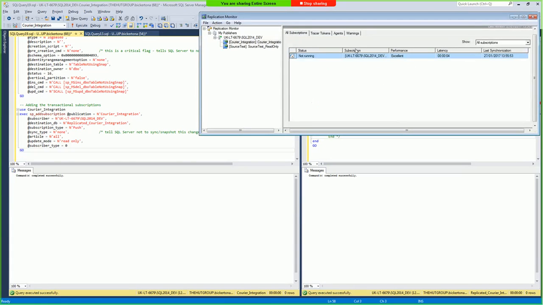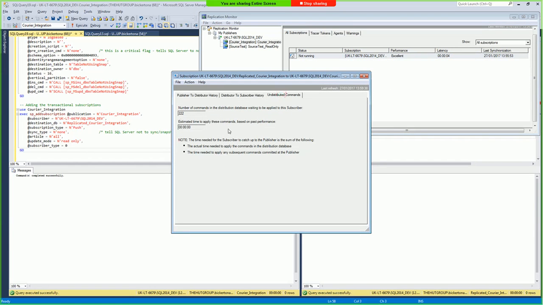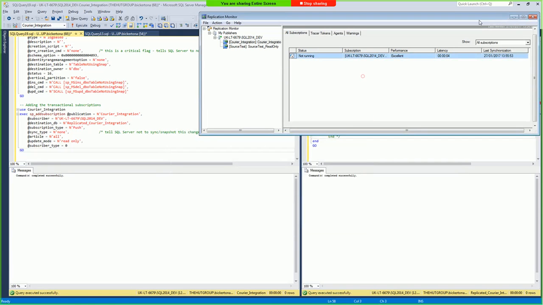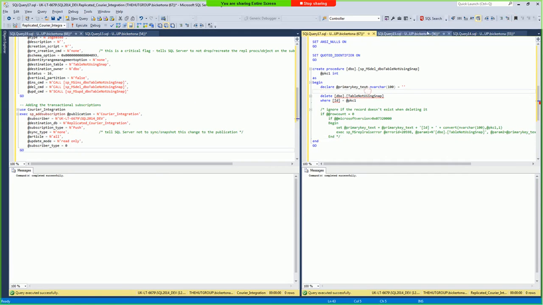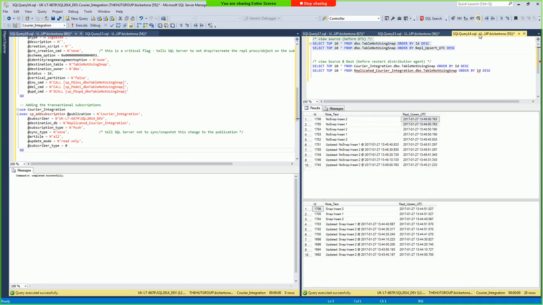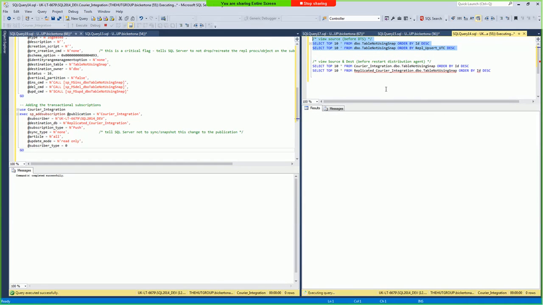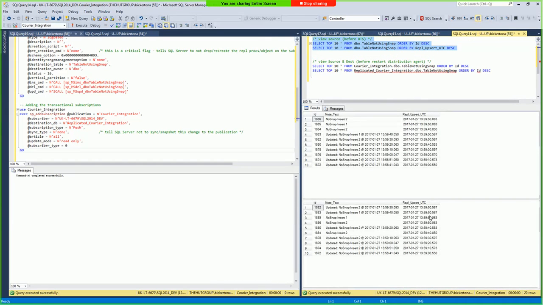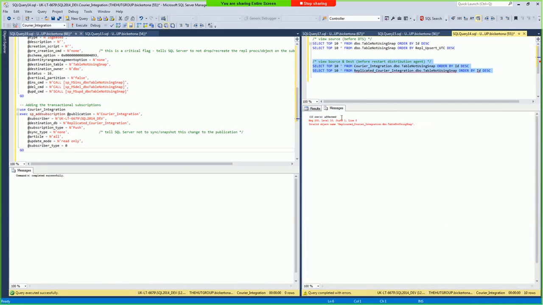At this point, if we go to view details on this one, we will see that the commands are growing. It should be growing. There we go, growing there as the log reader runs. And over here, we can see I'm writing stuff in. And if I write on this one side of things, I'm also receiving invalid object. I'm still receiving